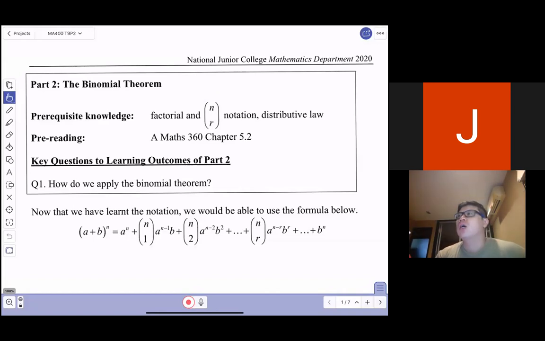Now, just to recall, last time we went through the n factorial notation, and we went through what n choose r is. So now I'm going to officially introduce you to the binomial theorem. Now that we have learned the notation,